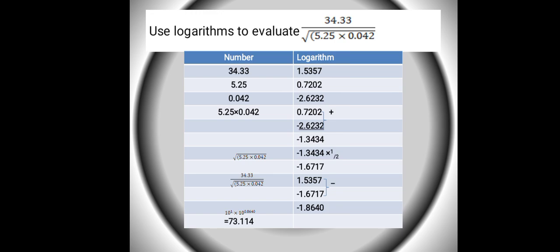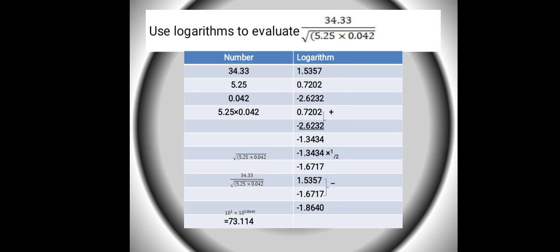Use logarithms to evaluate 34.33 all over the square root of 5.25 multiplied by 0.042. Now the logarithm of 34.33 is 1.5357. The logarithm of 5.25 is 0.7202. The logarithm of 0.042 is 2.6232. Now add